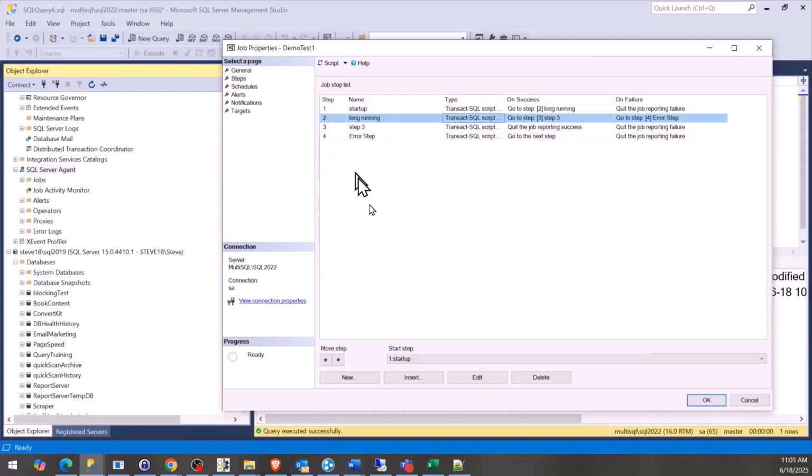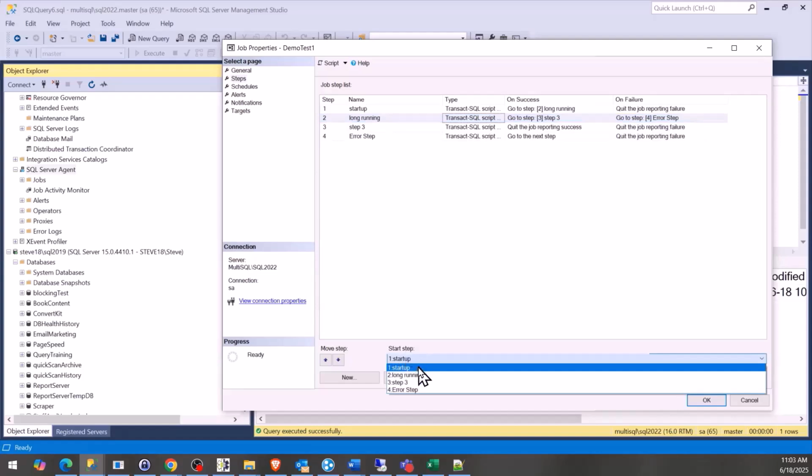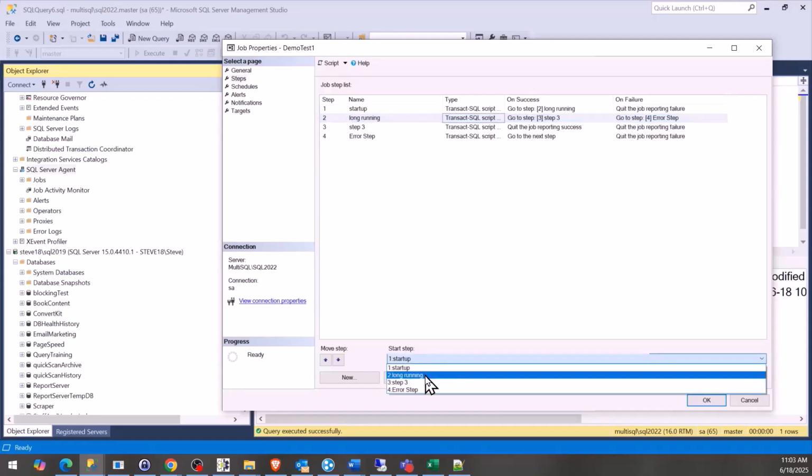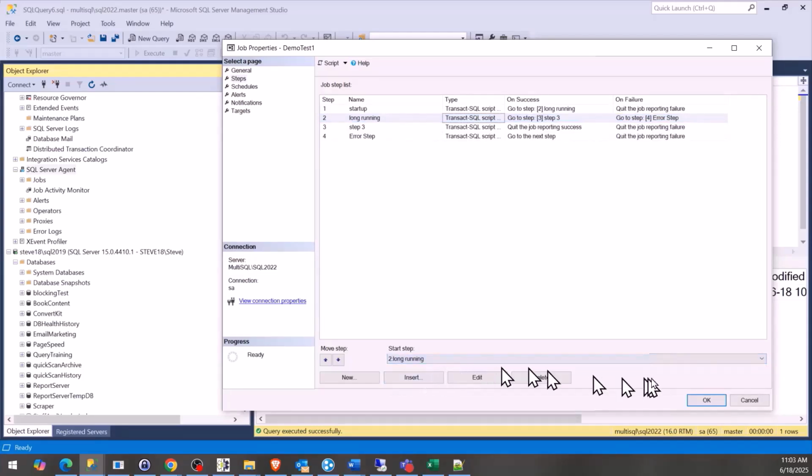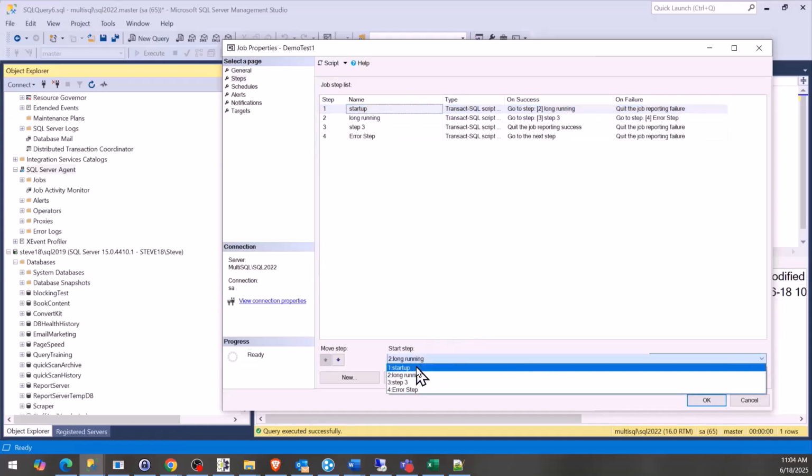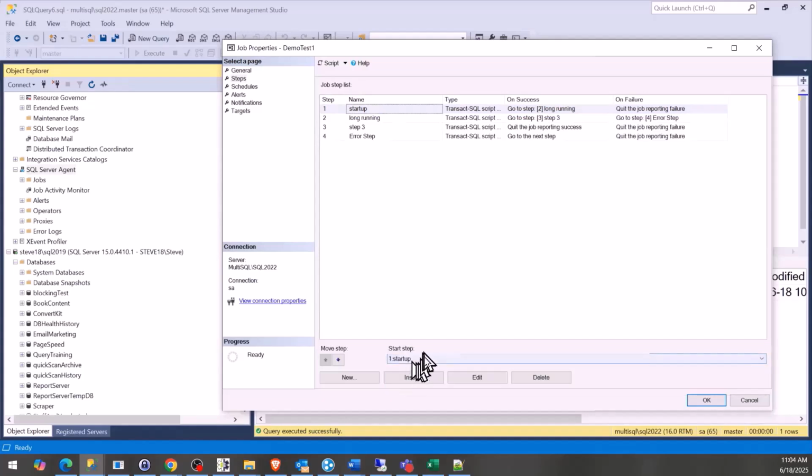One thing I see people do occasionally, if you're trying to test or debug something, let's say you've got a job with maybe 10 steps, and you say, okay, I want to skip step 1 for testing purposes this time, so let's just have it start at step 2. You hit OK. Well, then whenever that job runs, it's going to skip step 1. Now, that might be logical in some environments, but it might also mean that you're losing some of your processing every day if somebody forgets to set that back. So being aware of what start step is specified down here is important too.